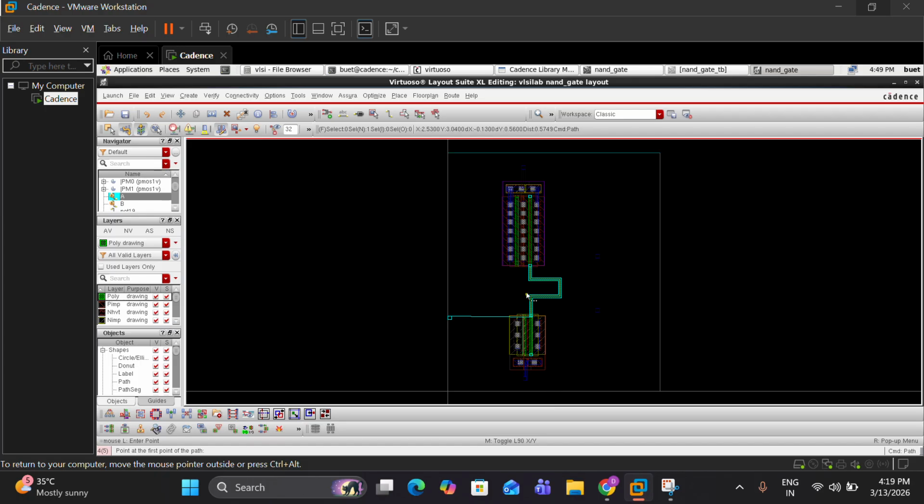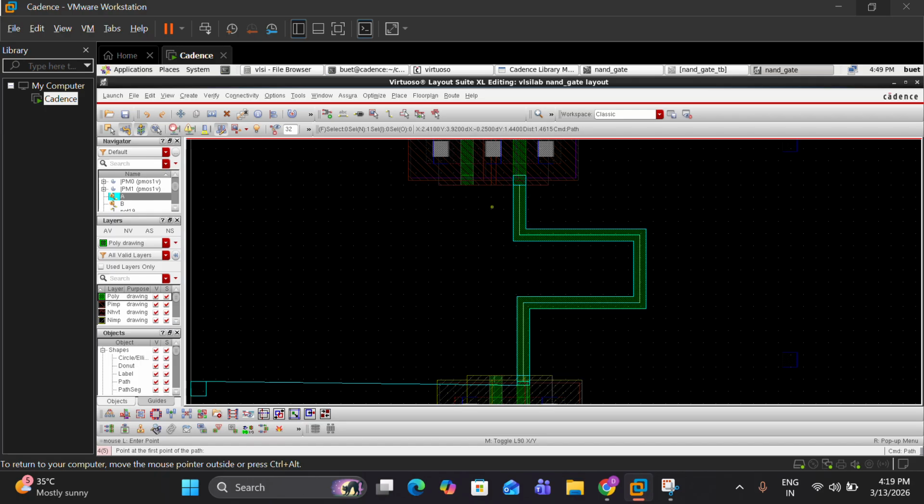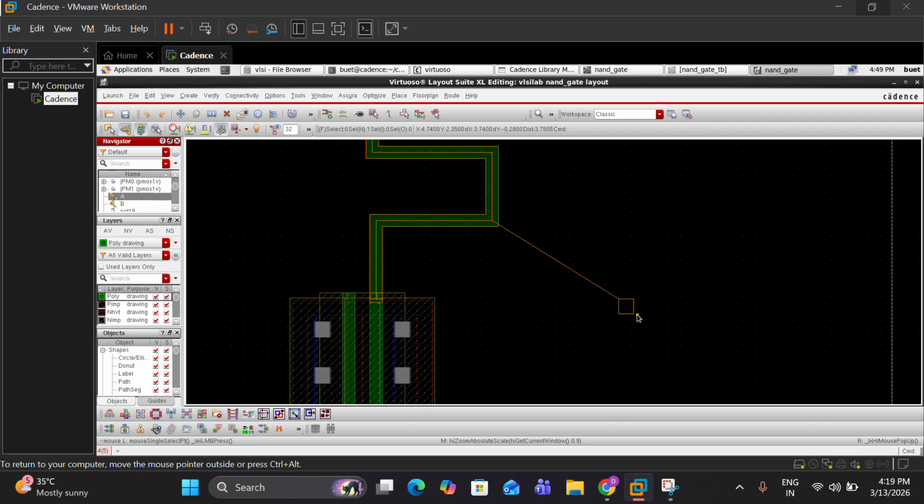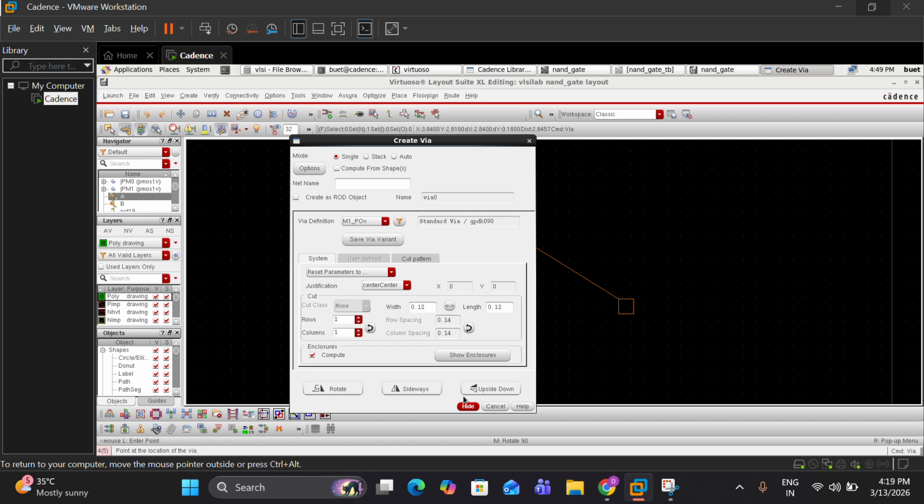Press enter. So we cannot join poly with the metal pin. We need a wire. To get a wire, press O